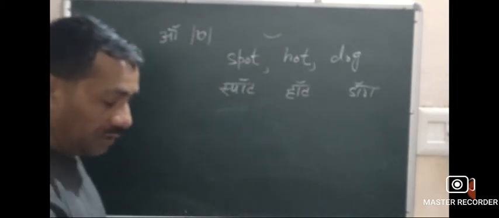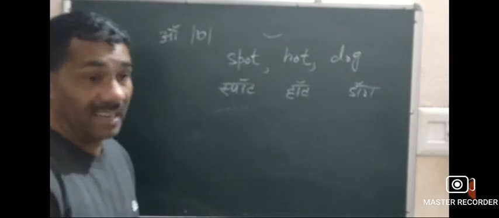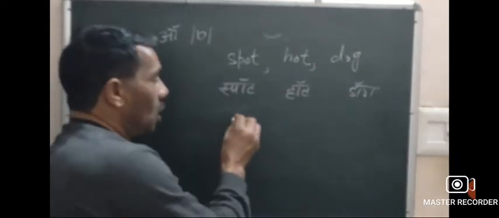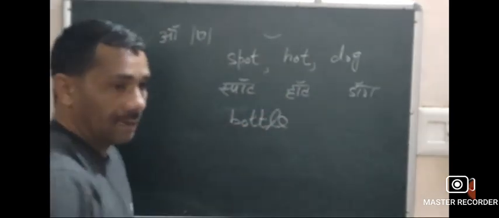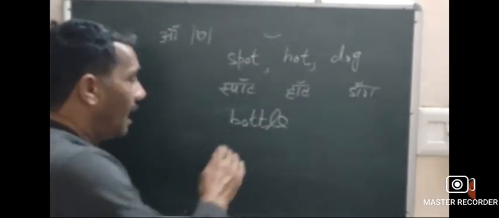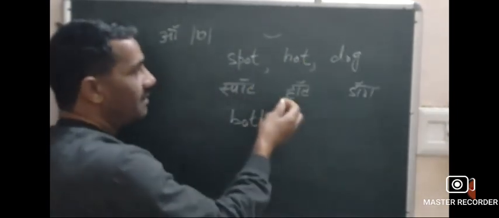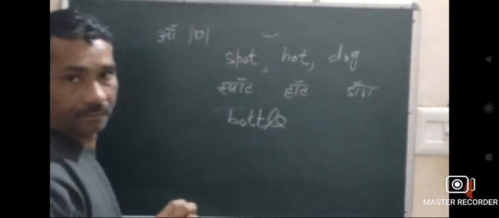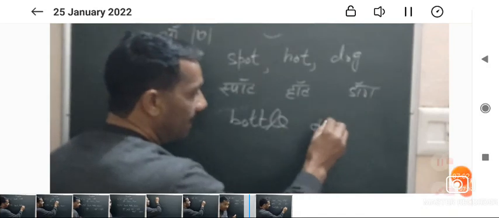As I told you earlier, I am particularly not a master of phonetics. Generally we read it dog, but actually it is dog. In this again we find bottle. Again here, for example, we transcribe these words. What is the symbol of H? Star. If we transcribe this word bottle, write that word in